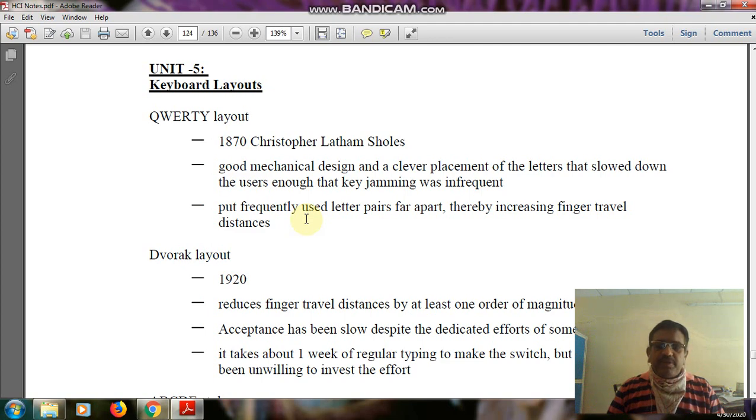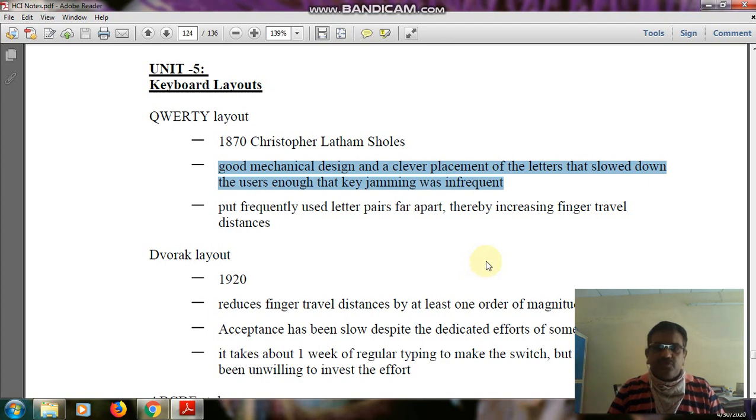It was implemented in the 1870s by Christopher Latham Sholes, the person who invented this layout. So what are the advantages of this? It is obviously a good mechanical design with clever placement.